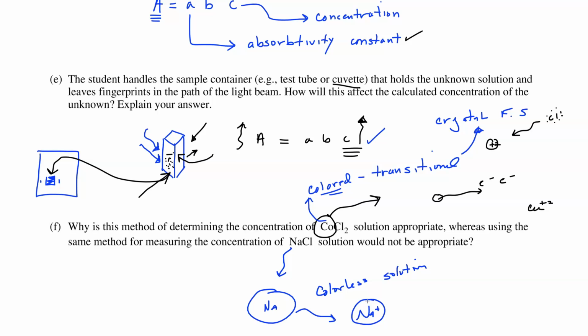By going through this, hopefully you get the idea and get a better feeling of what this lab is going to be about. Because we're going to do a lab where we find percent by mass of copper. We're not going to deal with cobalt, we're going to deal with copper, that blue-green color. And we're going to try to figure out the percent by mass. Percent by mass of what? Copper